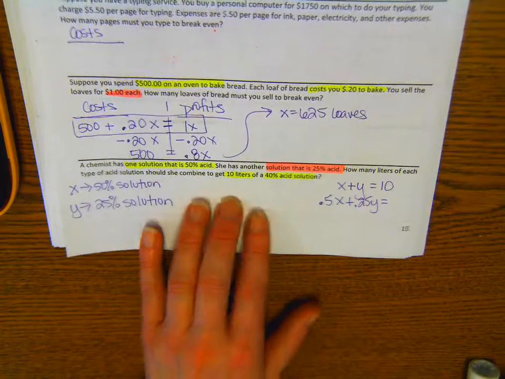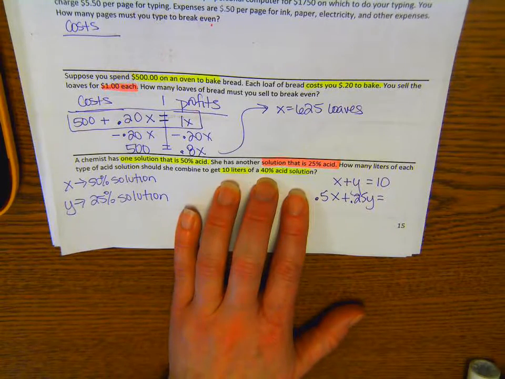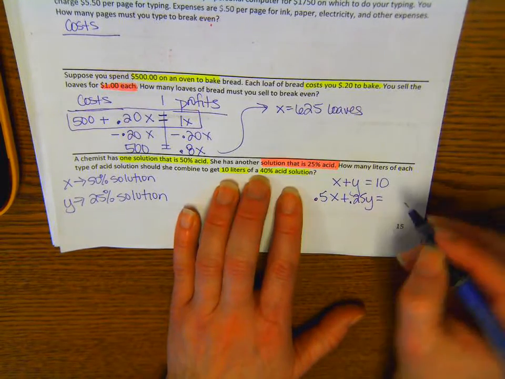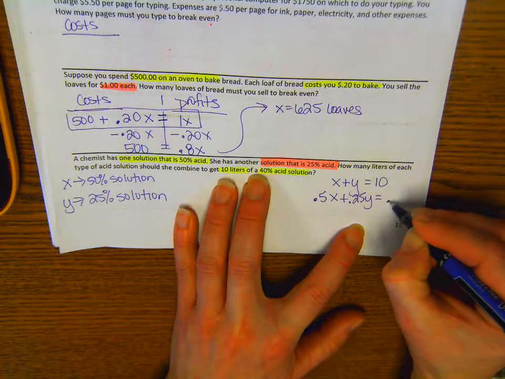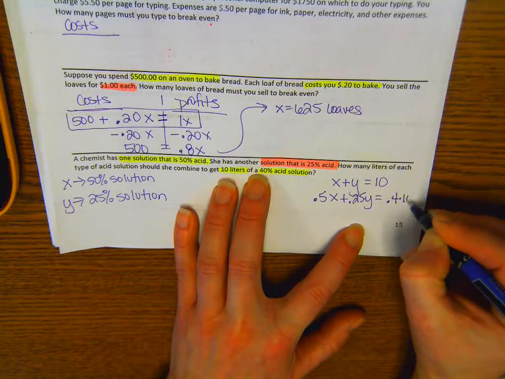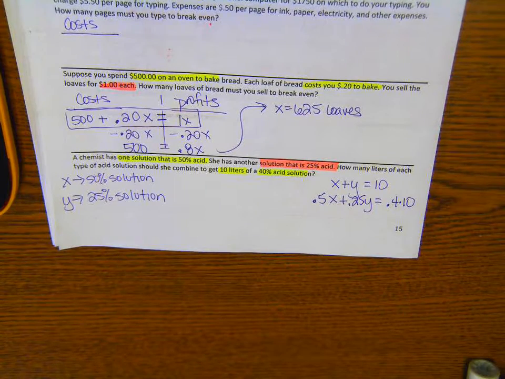The final solution has how much acid in it? 40%. But I know how much there is, right? So I'm going to do 0.4 times 10. So my second equation is for how much acid is in each solution. All right. Let's simplify and